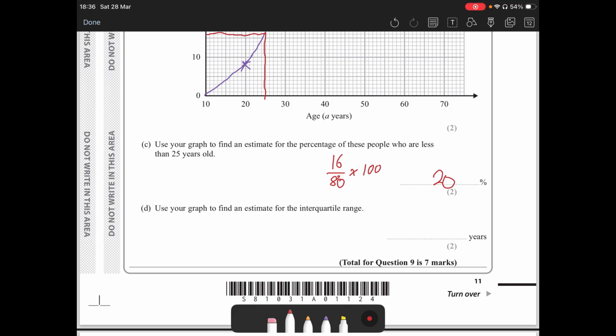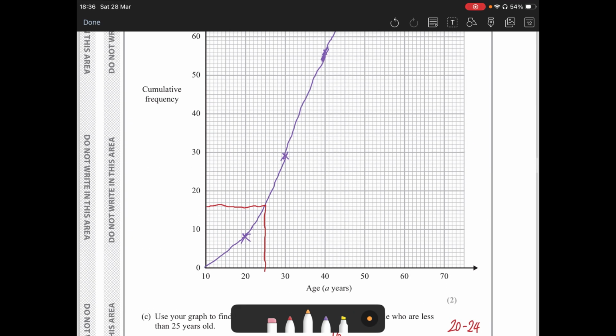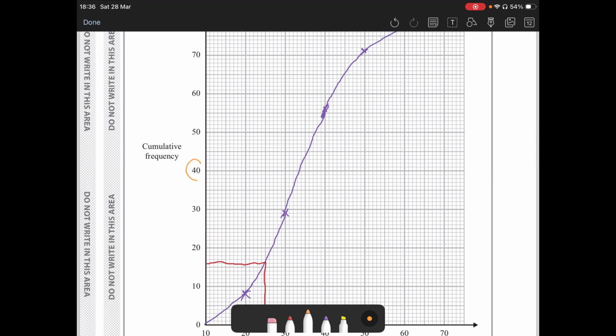Yeah, it allows 20 to 24. Again, because people's lines will wobble, they'll sort of allow you anywhere within that range. Interquartile range, right? So remember, median is half our people. So if you're asked for the median, you'd go across and down,